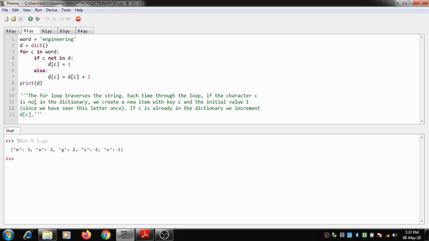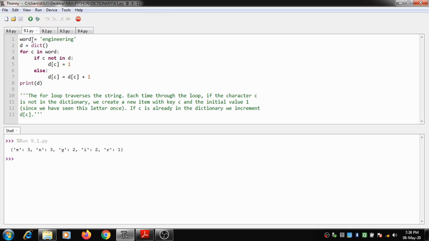When I run this, you can see the character E, which is a key, and 3 is the value here. I am checking each character in the word. The variable word contains a string. What is that string? Engineering. I am checking each character inside the string.